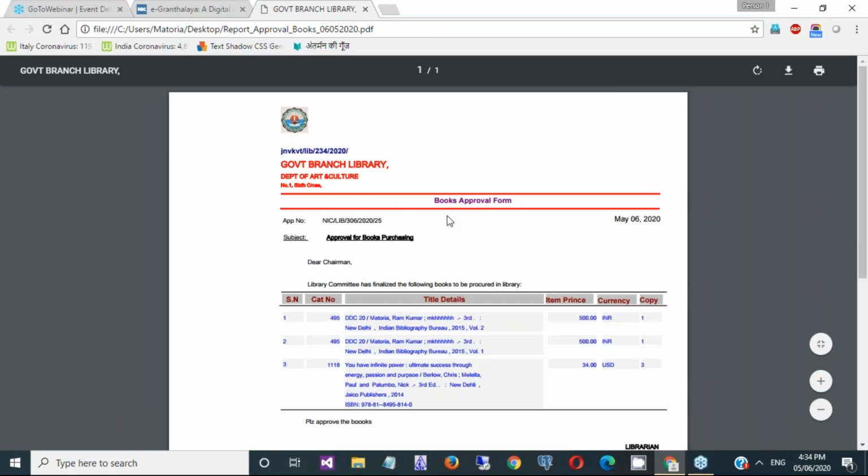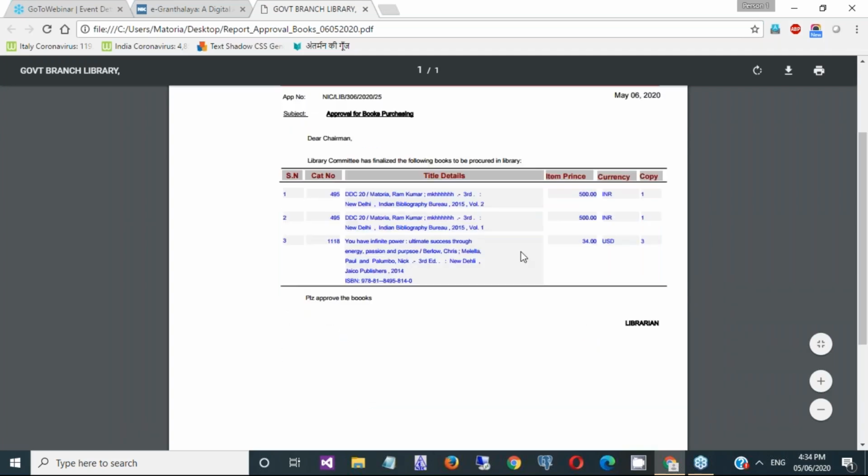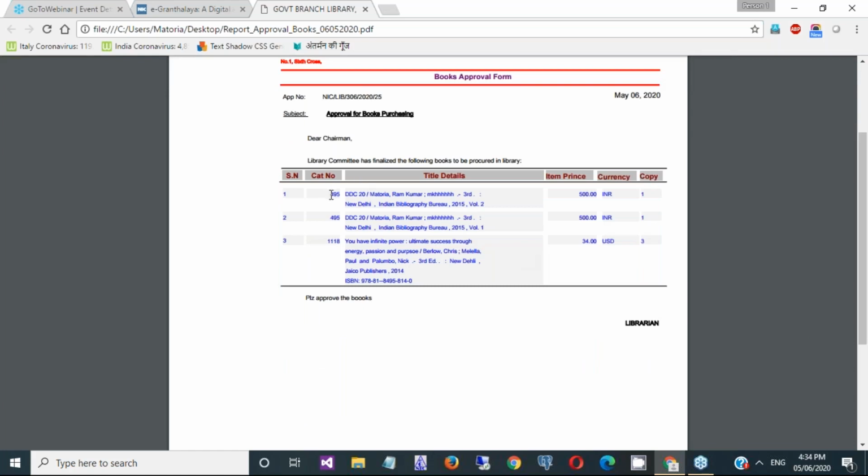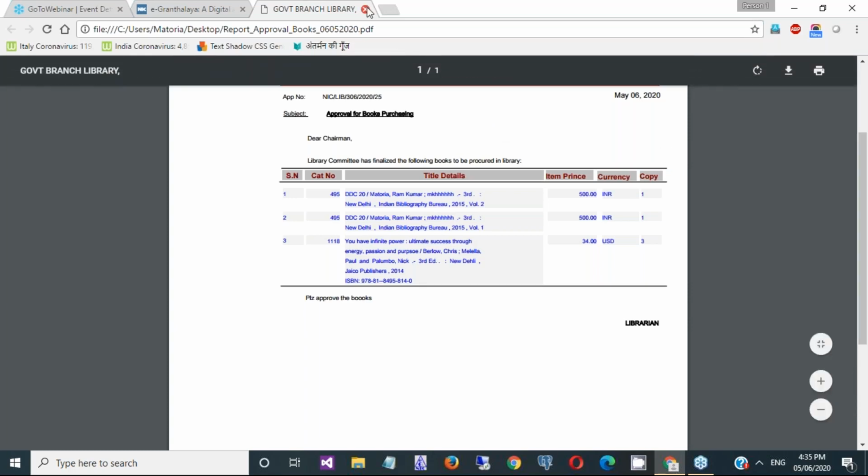All other information is coming from the letter template, while book details come in between in blue color. There are three record numbers: one is volume 1 and volume 2 of the same book, and the third record number is for a new book. Then you need to take a print, and after it is duly signed, you need to send it to the committee.